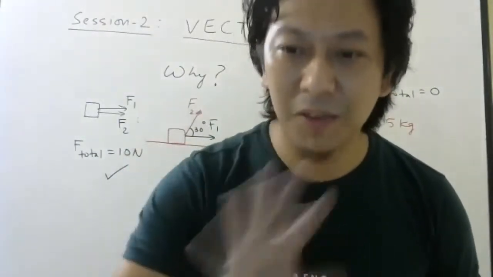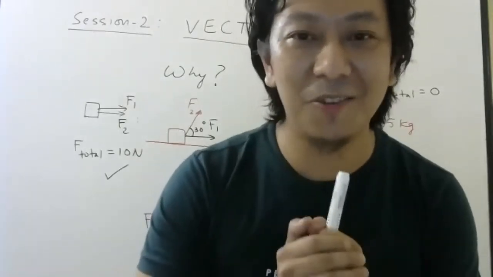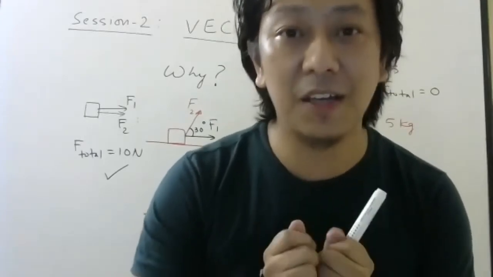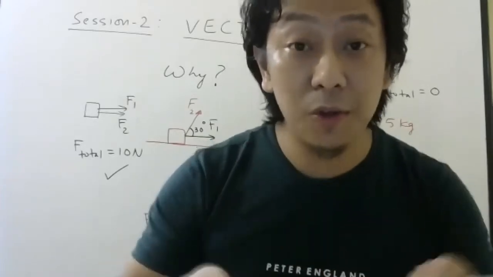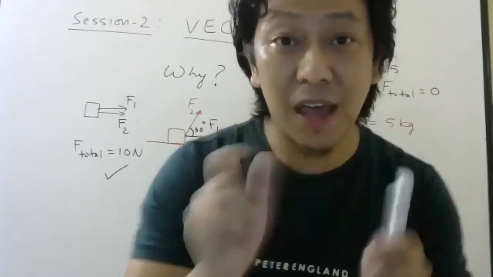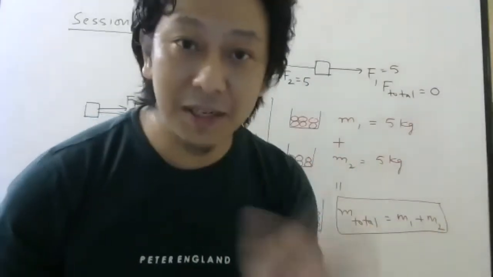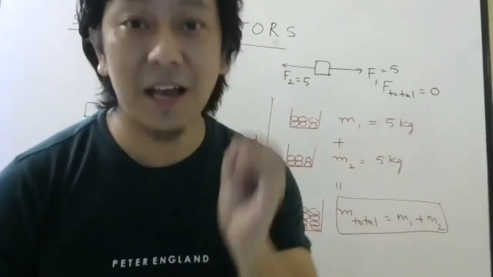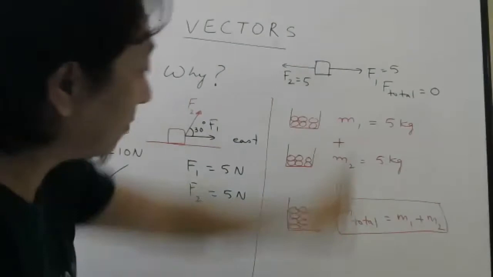Definitions and all I will write, don't worry. First, you have to try to learn why we are studying vectors. The main reason we have to study vectors is that there are certain quantities in nature which, when you add them, don't add according to your normal way. They add in a completely different way, and that is what we have to study. Such quantities are called vectors. So let me now give you the definition. Please make a note of this.